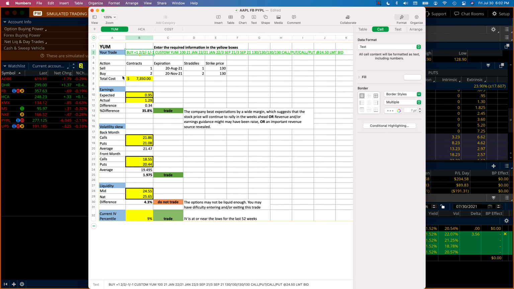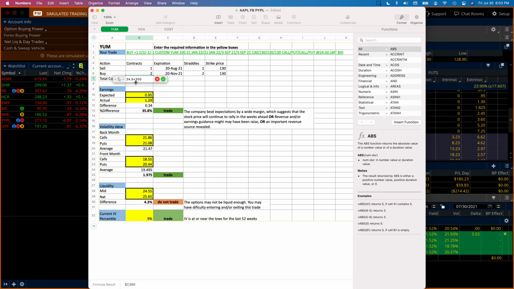All right, let's see how we chose this. I have a spreadsheet here, and you can see that it's $7,350, and that's the price that I had calculated, $24.50 at the time that I did this, and I just multiply by 300, and that's the price I got. Okay,